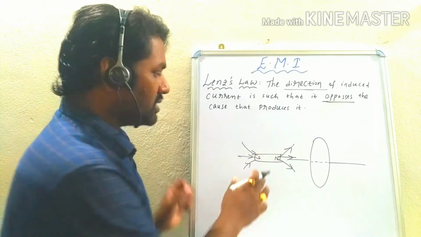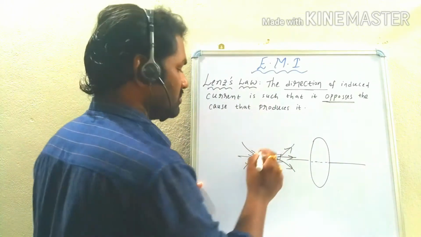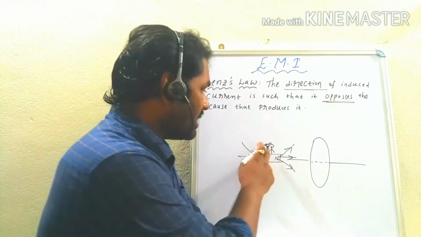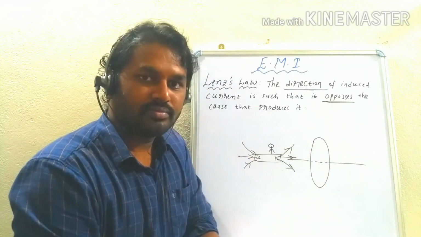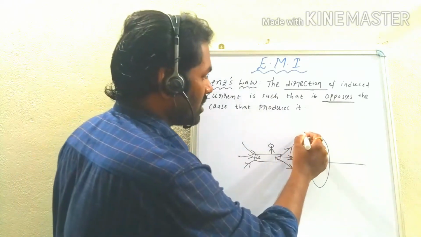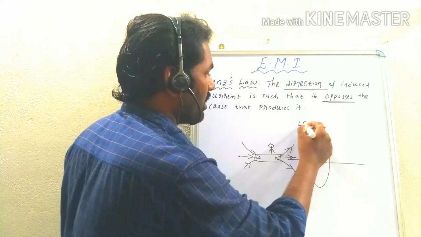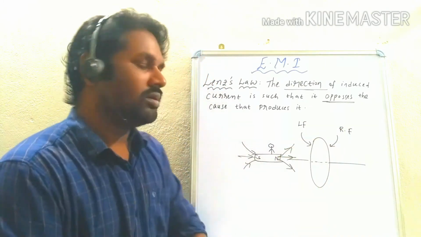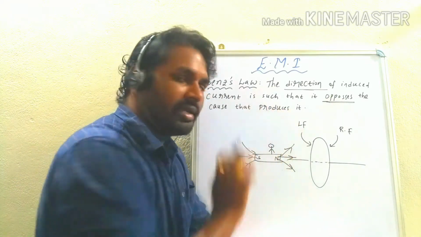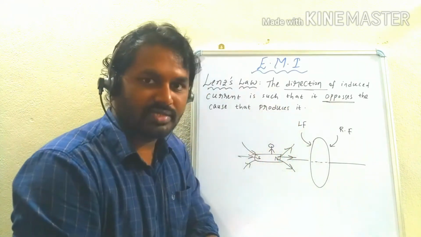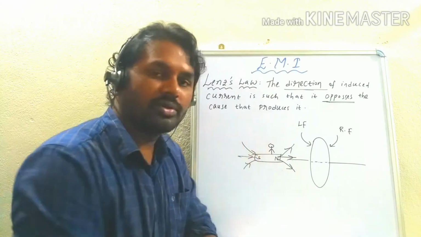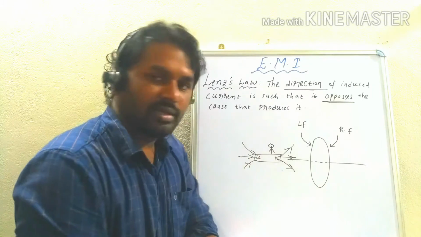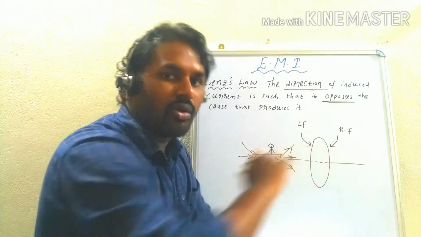Now we are moving this magnet towards the coil. Consider a person who is sitting on the magnet and observing the face of the coil. You can say this is the left face of the coil, and the other side is the right face of the coil. We are looking at only one face, the left face of the coil. Who is saying this? The person who is sitting on the magnet. Now he says the magnet is moving towards the coil,